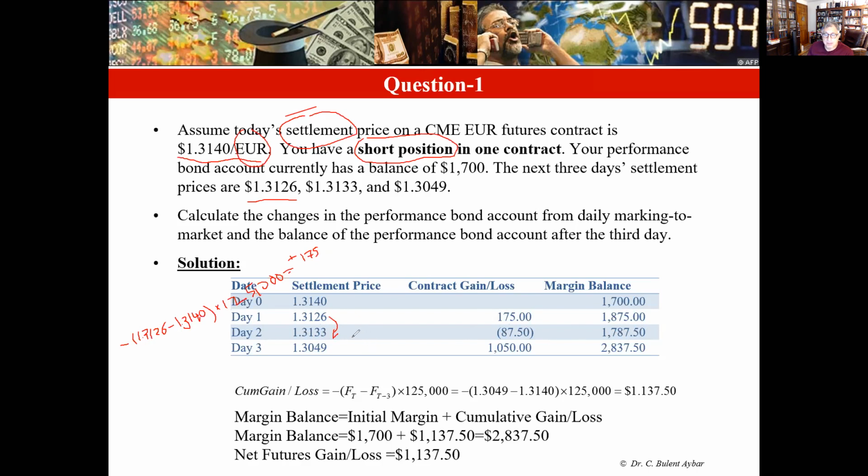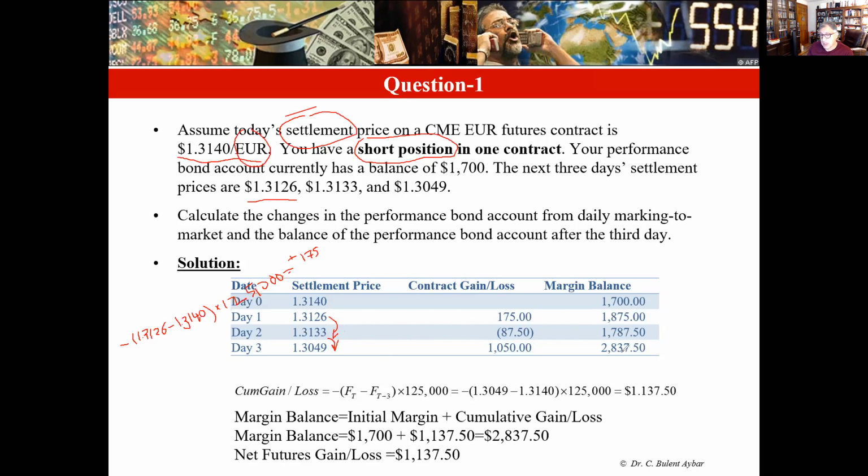And the third day, contract price dips substantially. So there's quite a bit of drop in the price, which is good for the seller. Seller is going to make quite a bit of money in here. So if you calculate the 1 day drop in here, it is $1,050. So that would add $1,050 into our balance, and it will bring our balance to